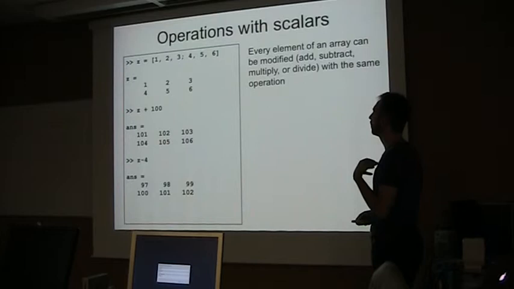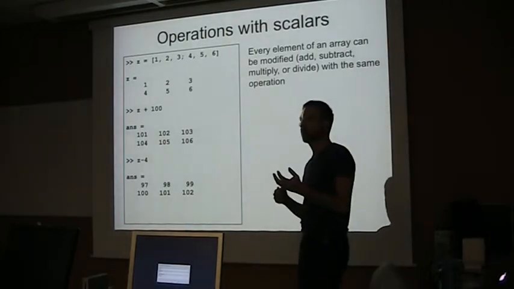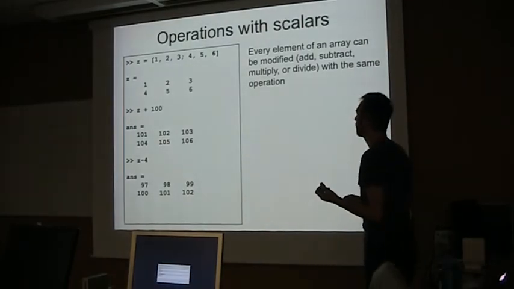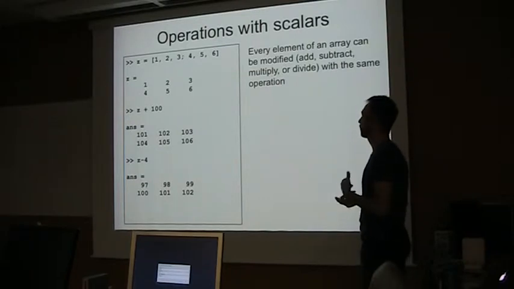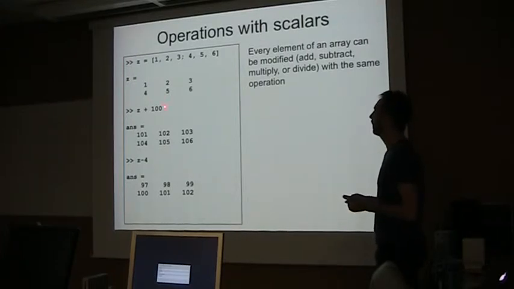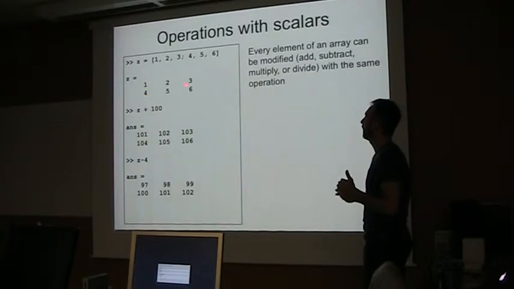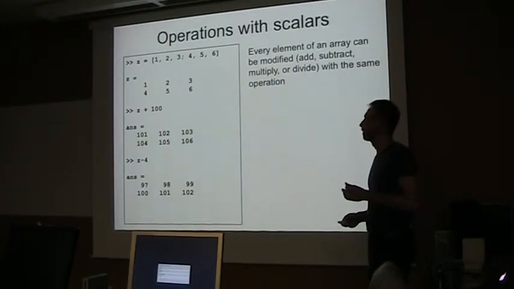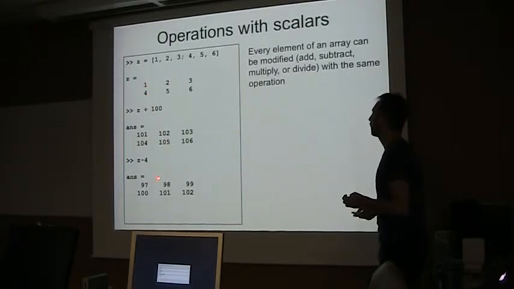You can also work with adding or removing numbers to every element in a vector or matrix. For example, here I have the vector z, which contains numbers from 1 to 6 arranged in a 2 rows by 3 columns matrix. Now I say z plus 100, and automatically 100 is added to every single element. Okay, so that's pretty handy. You can also subtract,